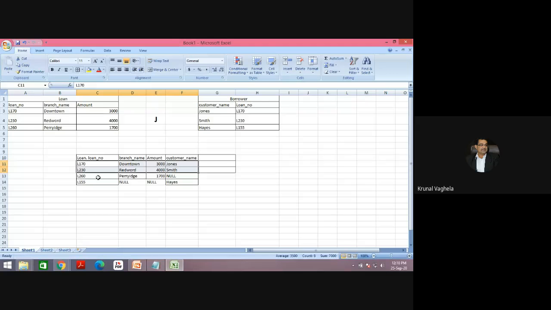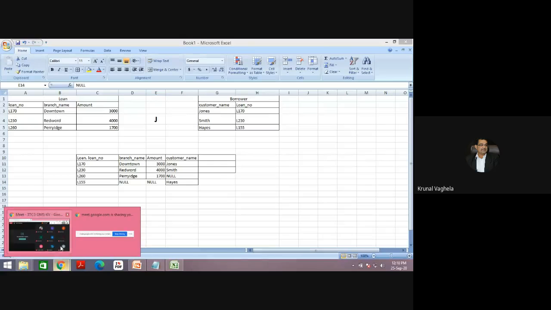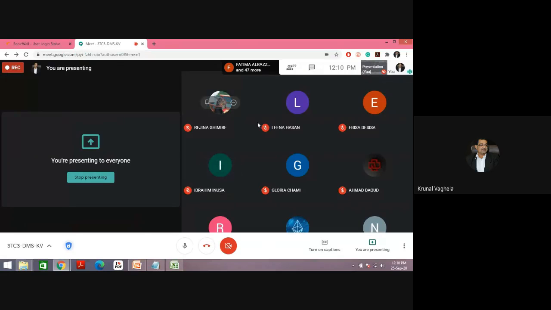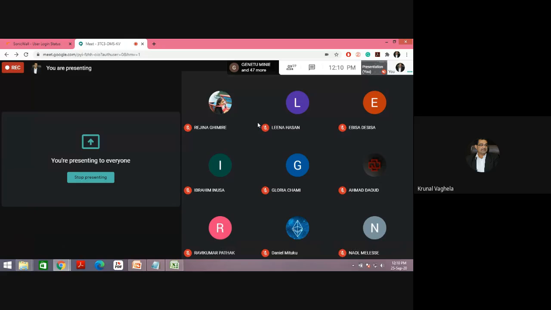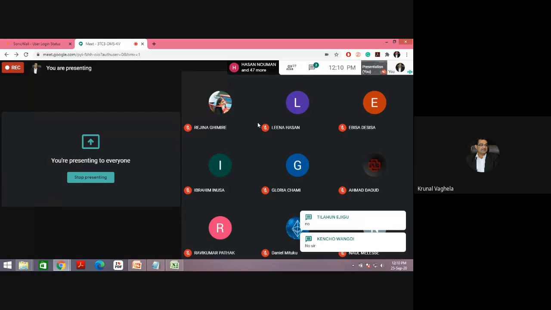And then it will take the non-matching records also, and wherever the values are missing, it will put null values. So it is a very simple concept to understand. Any queries to anyone?